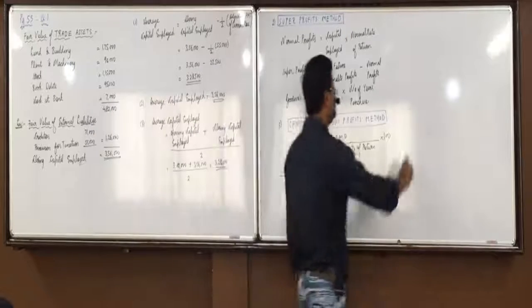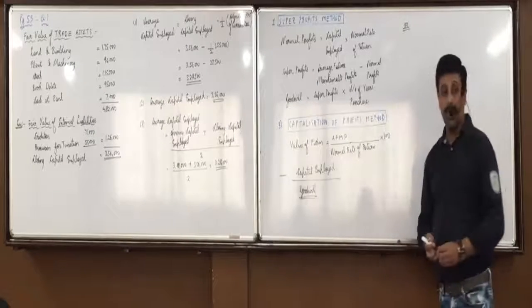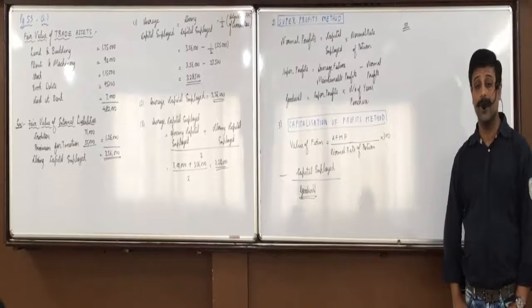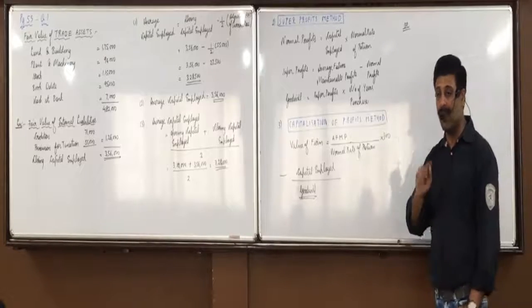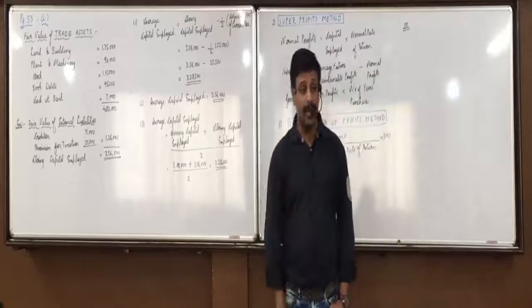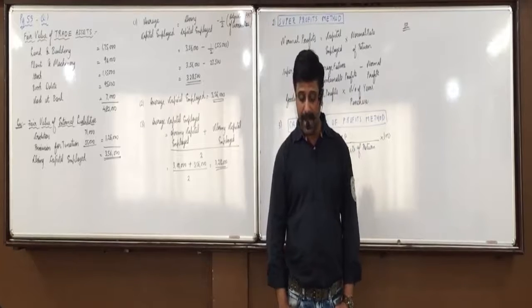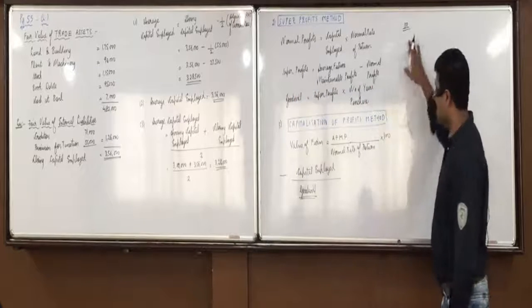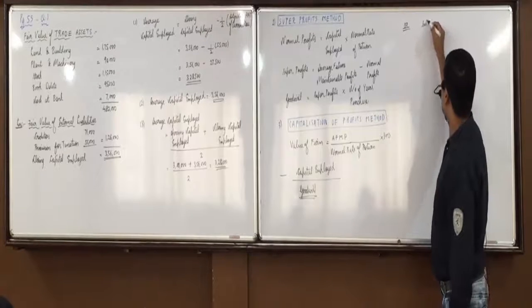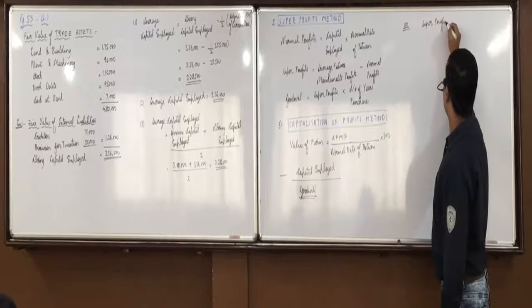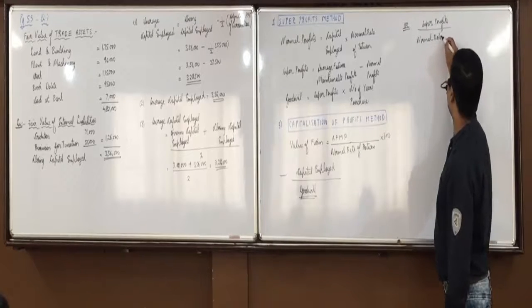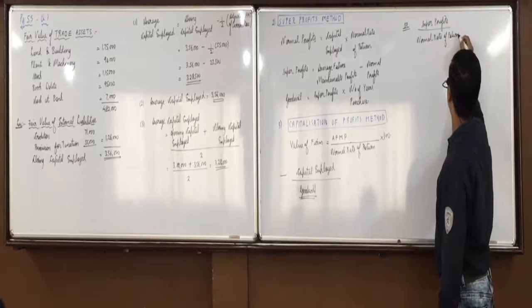Or we'll be using the second formula. What was the super profit you obtained? 25,000. You are earning 1 lakh, normal profits are 75,000. What are the super profits you obtained? Do 25,000 divided by 15 into 100. Directly you get the value of goodwill, or not? So the other way of doing the same is directly super profits divided by normal rate of return into 100. You will directly get the value of goodwill.